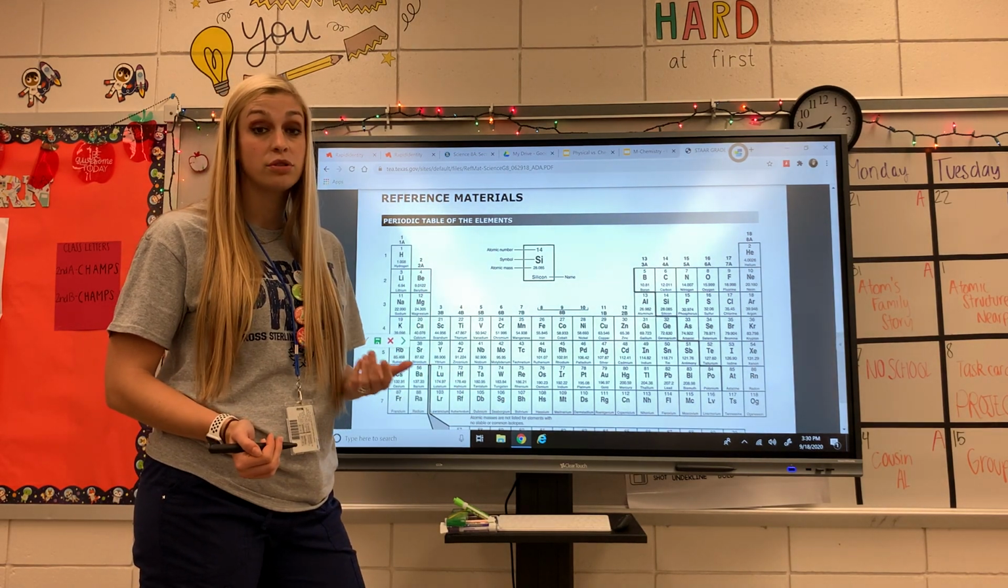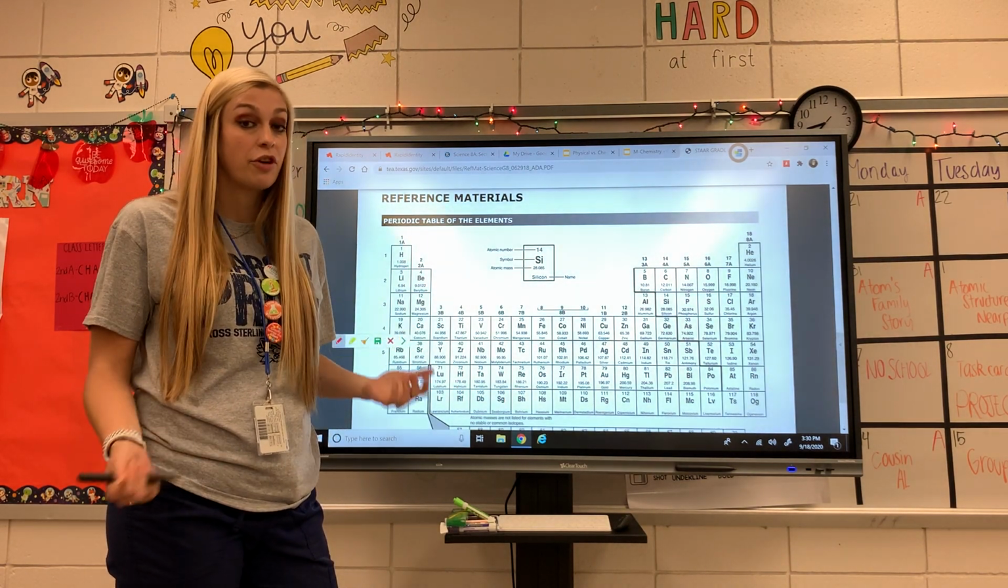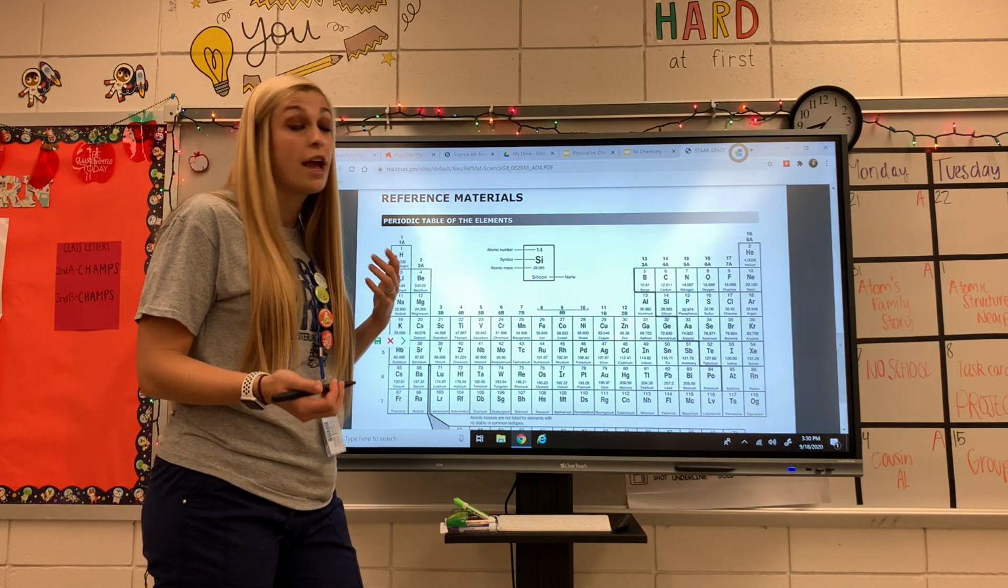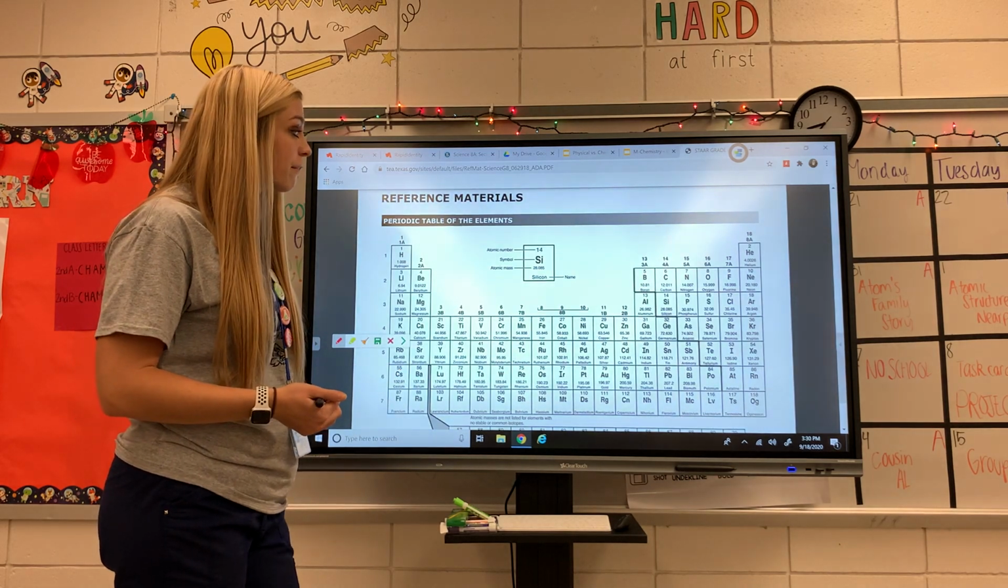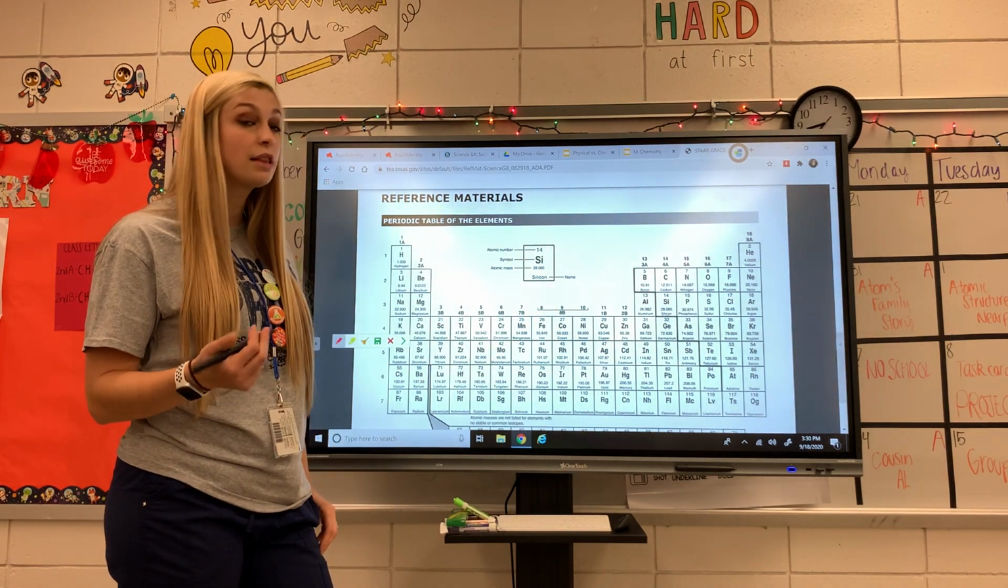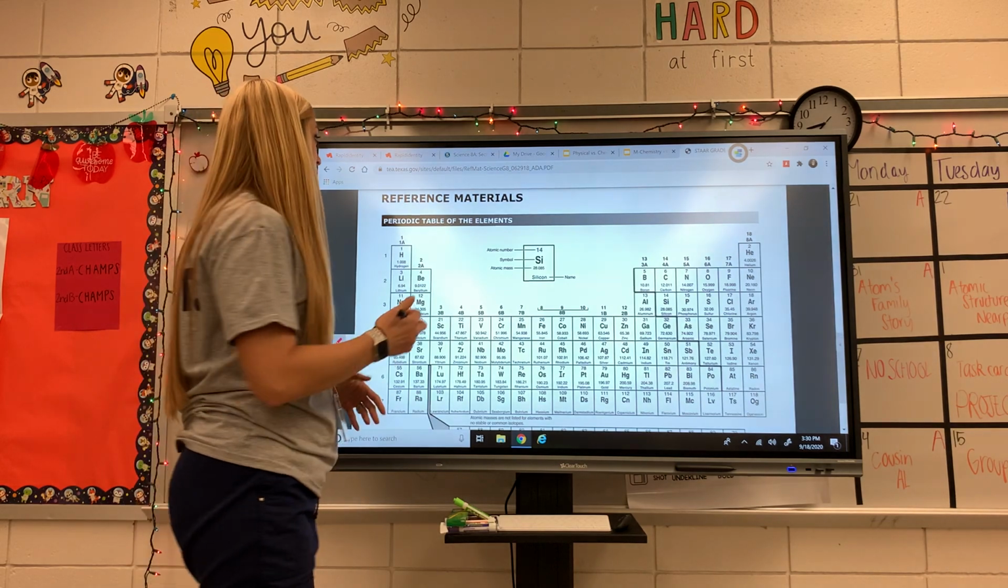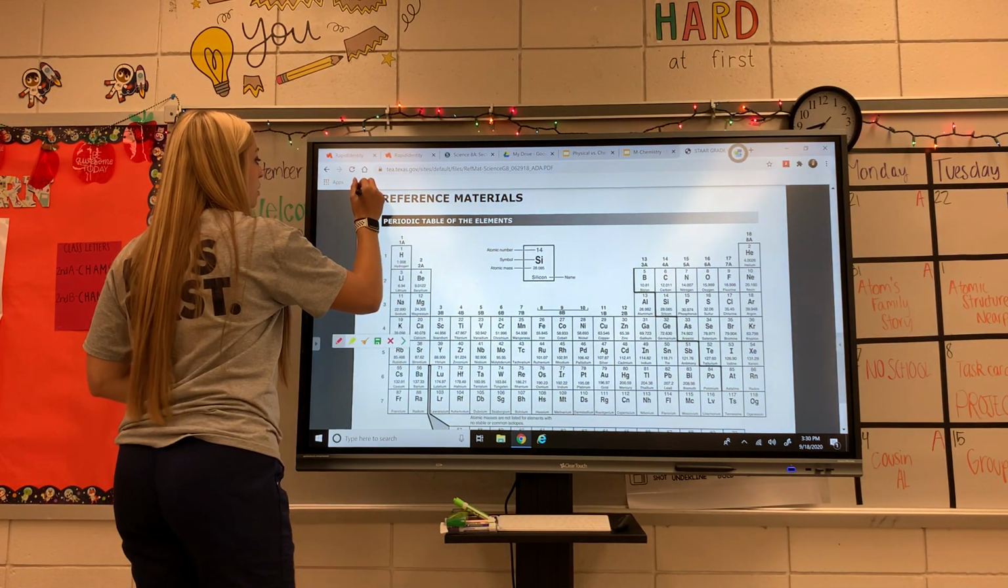If you can, I've told you on Zoom, print it out. If you're able to print it out, this is what I would practice writing on it. So the first thing I'm going to do is I'm going to label groups and periods. So I'm going to put,